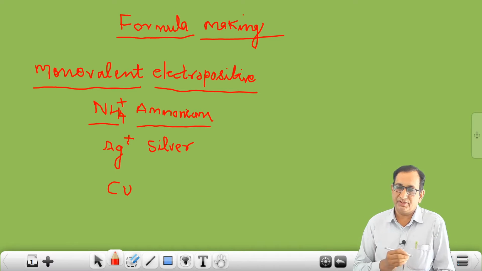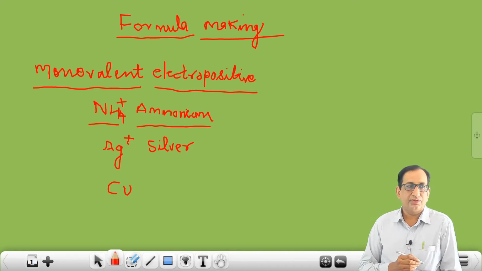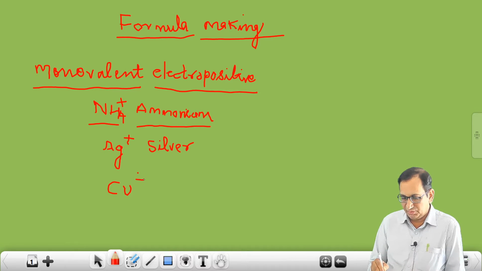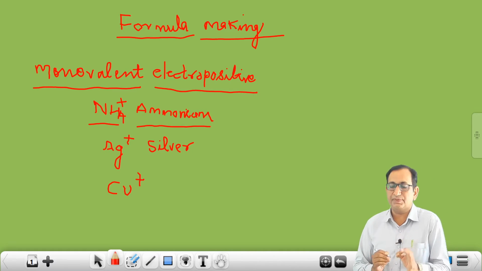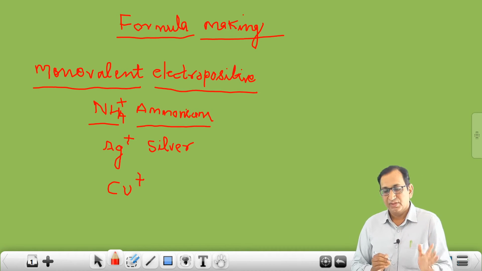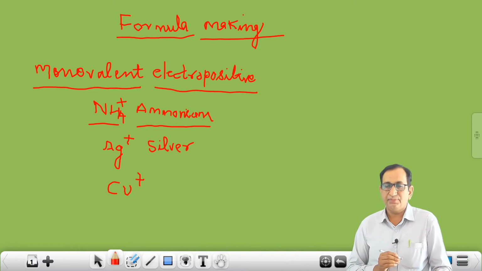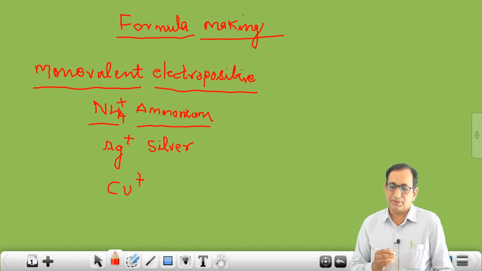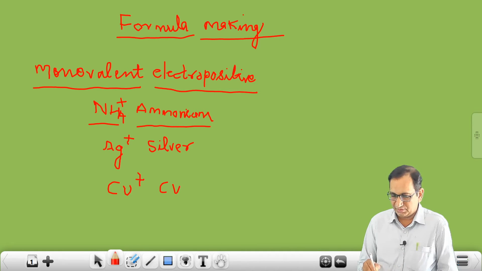Valency variations are there in copper. It has got two valencies, plus 1 and plus 2. So here I write Cu plus 1. Cu plus, it means plus only, means plus 1. If only a plus sign is there, it means it is plus 1. So here Cu plus means copper has plus 1 valency. If valency is 1, then you have to write cuprous. So this is the cuprous ion. Cuprous. This is, students, the cuprous ion.